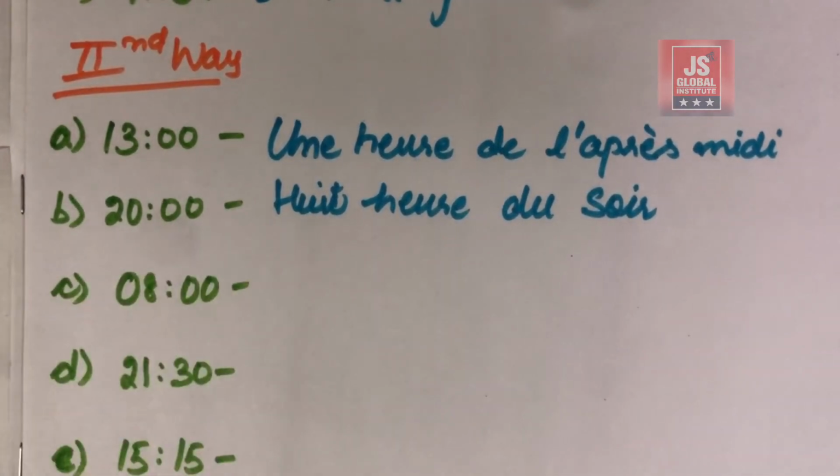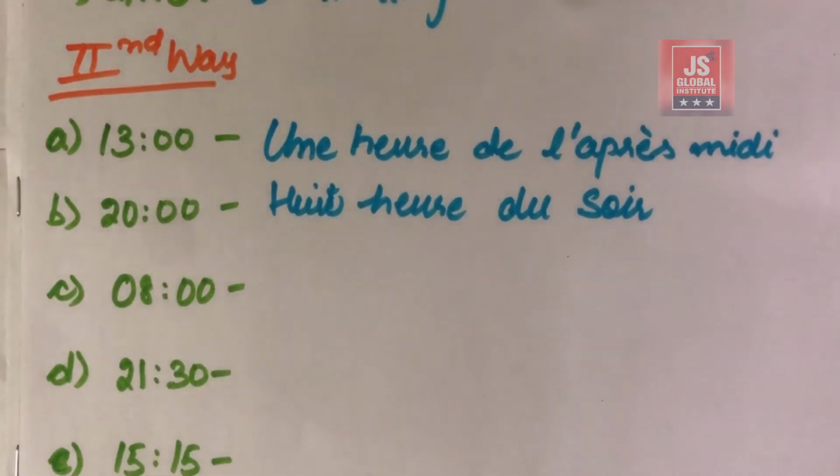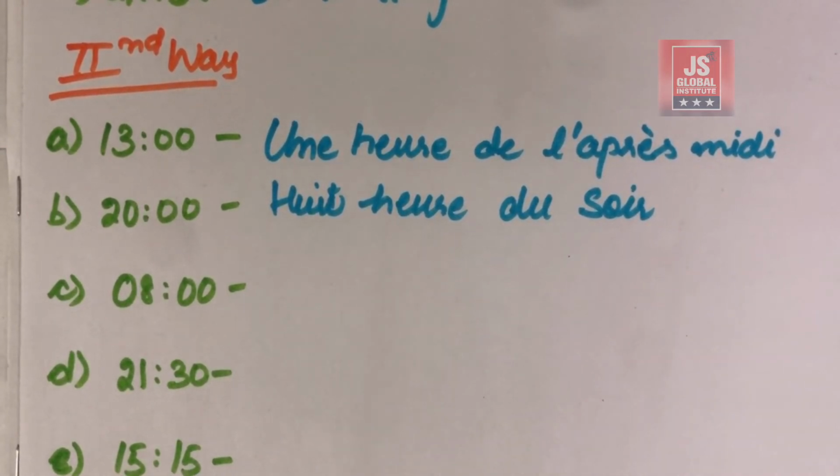Okay, so ideally the timings which we did just before, it should be written il est 13h. That is also correct, but if we want to write it with respect to afternoon, evening and morning, so let's have a look over the first example. So here it is written 13h. Okay, so what can we write it in French? You can also write 1h de l'après-midi. Okay, so as the afternoon time starts from 12 o'clock in the noon, this is 13. So that means 1 plus the 12, so you can write it 1 hour.